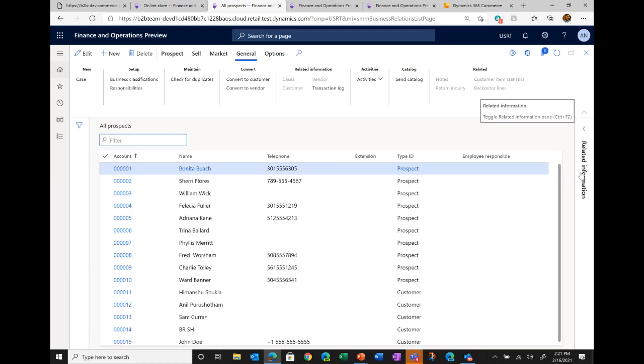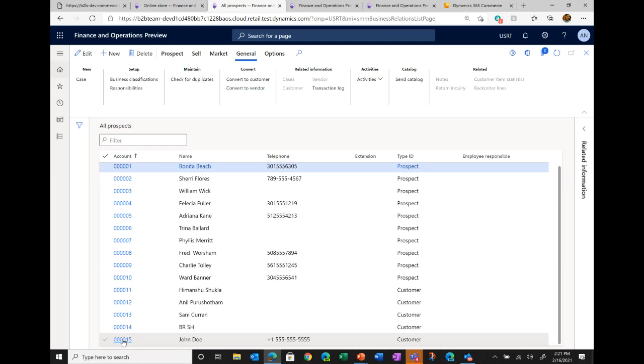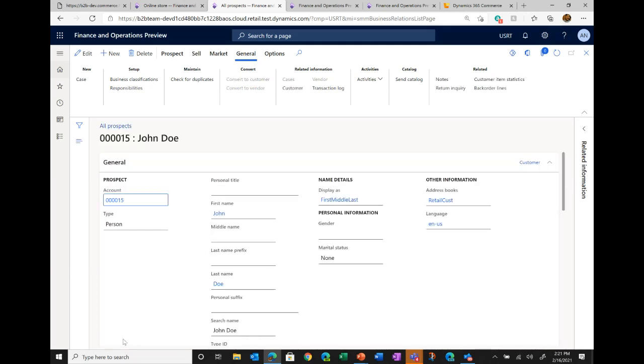So it creates a prospect record in the system, and then the account manager or the sales manager can look at all the available prospects. They can look at the information that's been filled in. They can look at the text information that's been captured in the notes section of the prospect. And once they review this, once they evaluate whether this organization is an organization of good standing to do business with, and if so, if they want to approve that request, there would be an option for them to approve the request over here. Now, in my environment, because all the business partners are already approved, I don't get to see that option over here. But there's an option to accept or reject that request that you would see on the prospect entity in the